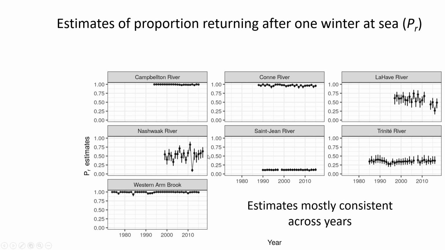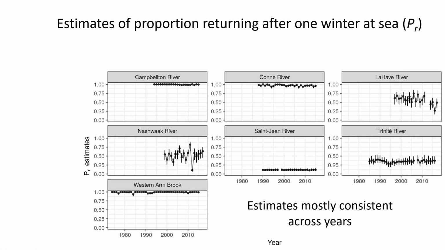And interestingly, in the Nashwack, it varied quite a bit in this year. So I don't know if this is an artifact of the data, but something funky is going on. And also in the Lahave, the last few years seem to have lower proportion estimates than the previous time series. Again, I should mention that there are gaps in this data because every now and then you have years